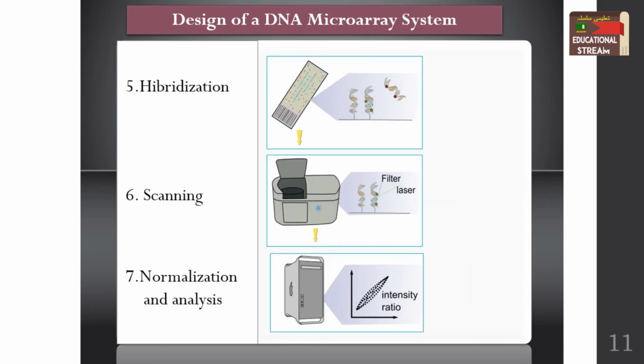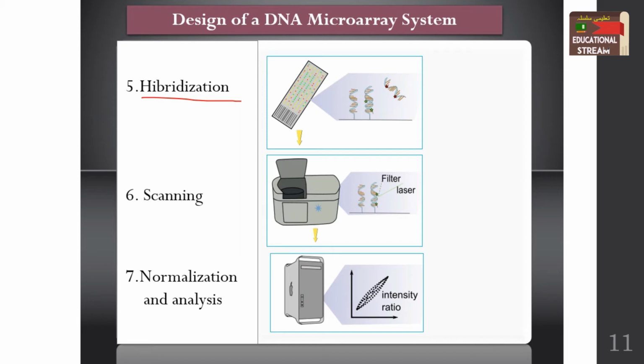Then we have a chip. We have a chip on which there are thousands of spots of DNA molecules, which are well mounted. It is a well mounted microarray which has been pre-printed with the genes that we will study in this experiment. And now comes the stage of hybridization, that now we